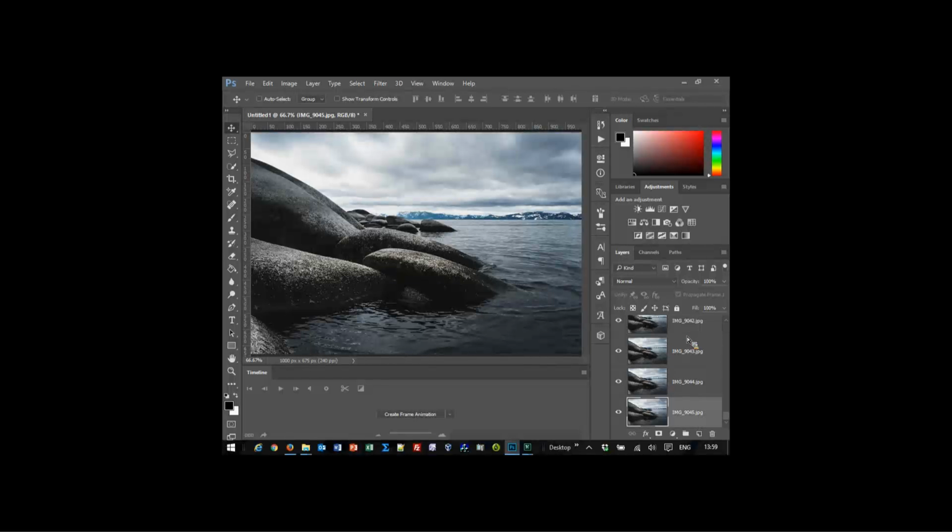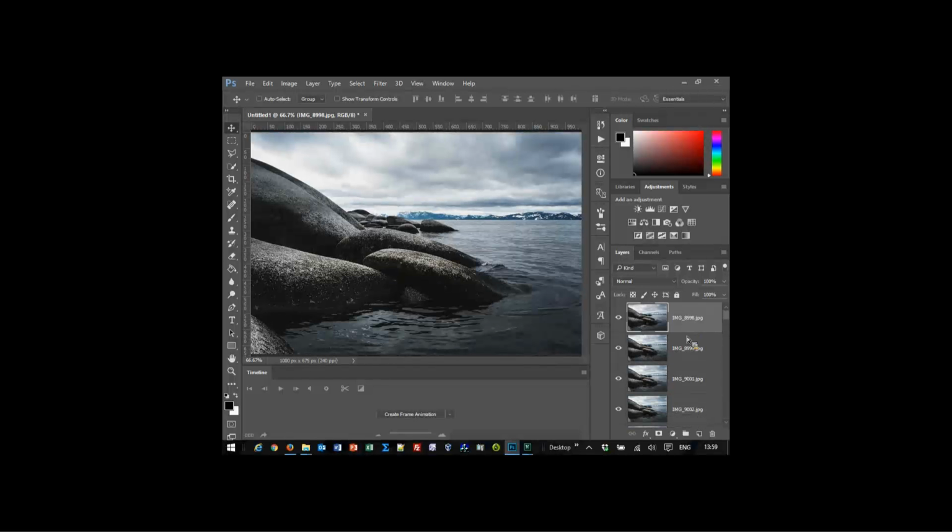So we're done. But what do you see? You see a bunch of layers and no animation. Well, we got to tell it that we want it to be an animation. So far, all we've told it to do is load those photos as layers, and it doesn't know what we want to do with it yet. So this option here in the timeline, you have two choices. I can create a video timeline, or I can create frame animation, and since we're doing frame animations, that's what I'm going to use. So create frame animation, and there we get one frame,